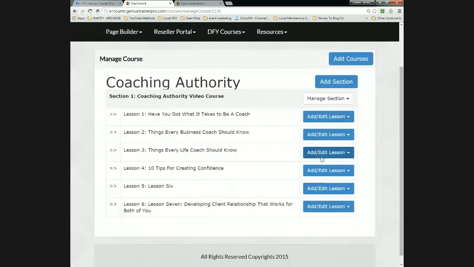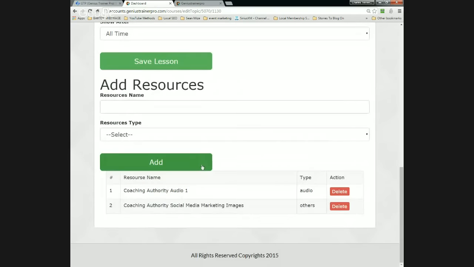And if I go to edit this lesson, you would see here at the bottom, I have these resources that I've added to the course.